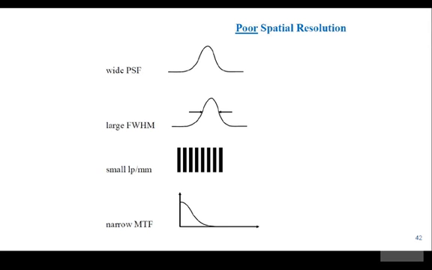So the system is not being very efficient at transferring the high frequency information. We're losing that. These are the four concepts we need to understand when thinking about image quality and what's affecting it in a system. I think that was the last